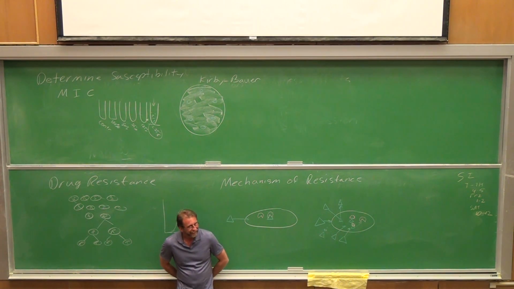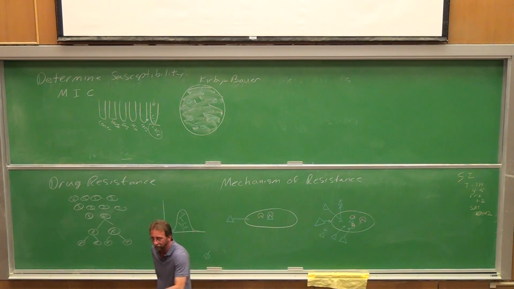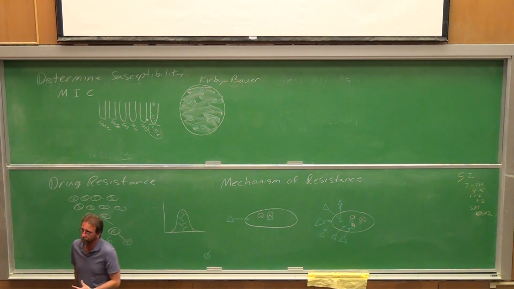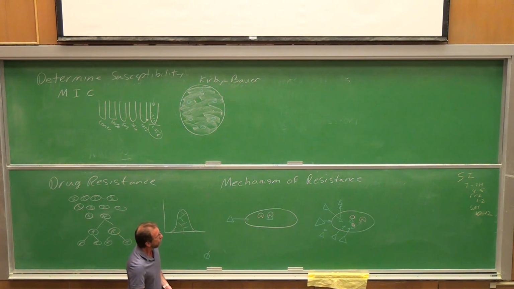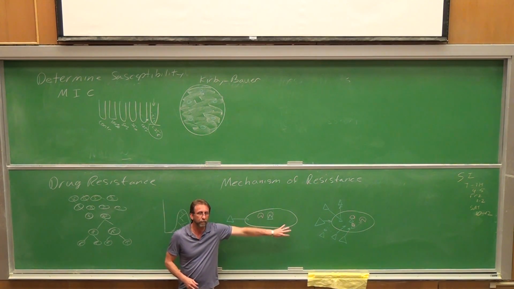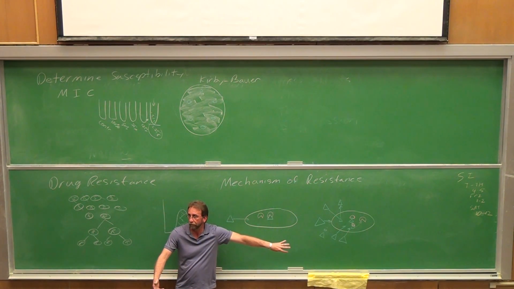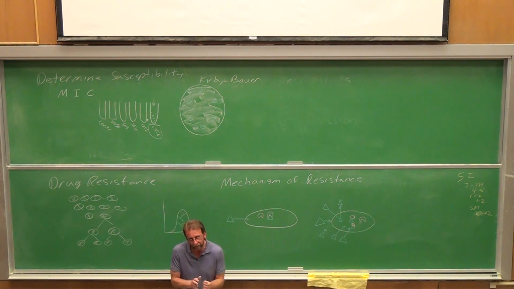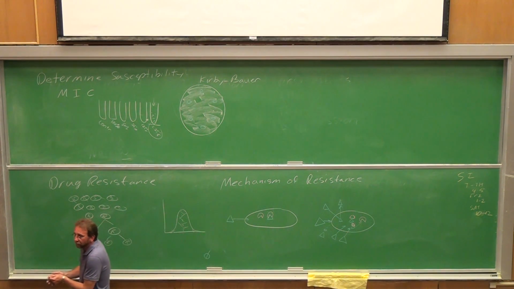These resistances, they come about through spontaneous mutation. I mentioned this already. This occurs at a fairly low rate, but still does occur. One of the main ways that you can get resistance to develop is through plasmid transfer. We talked about this before. Gene transfer via plasmids could give